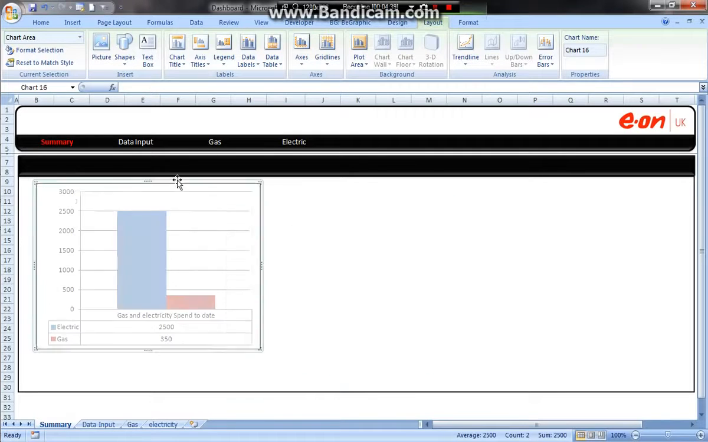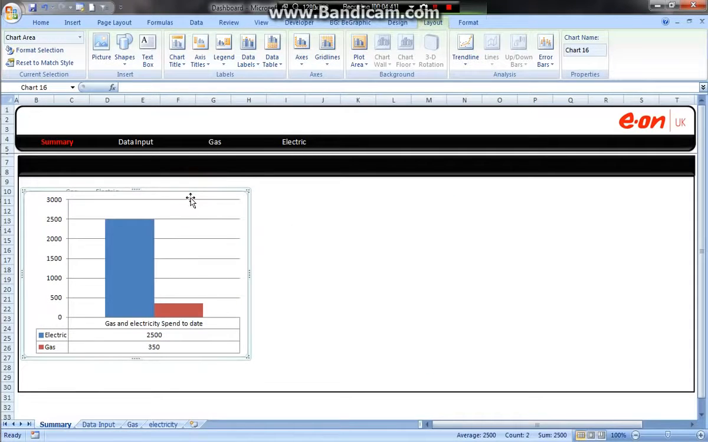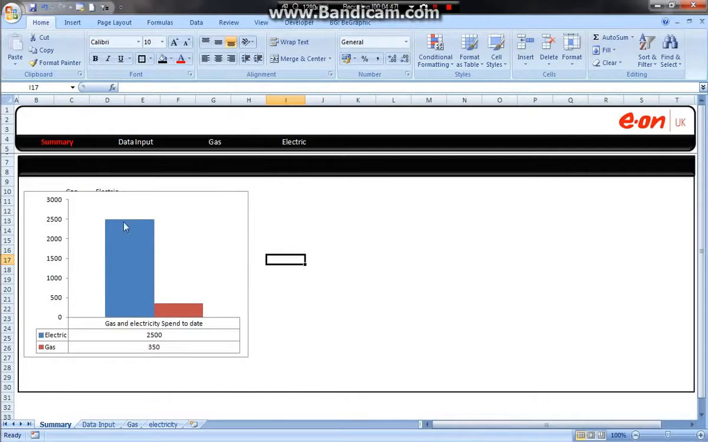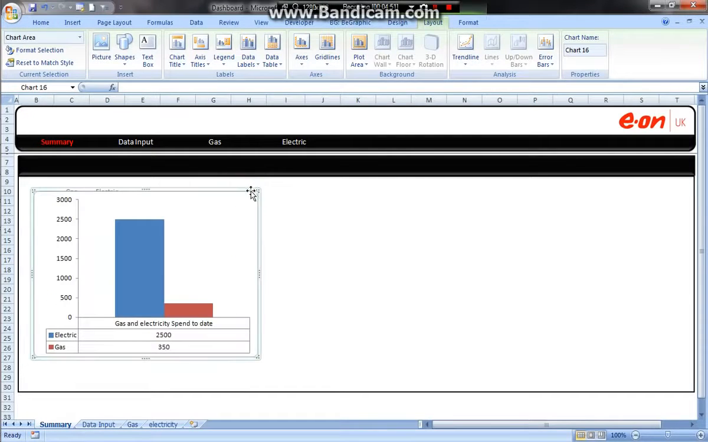The rest of this is just a matter of formatting. Delete these grid lines going across there. What else can we do? What I do is I change the colour of this. I also need to add a title in. If you look on my other one,